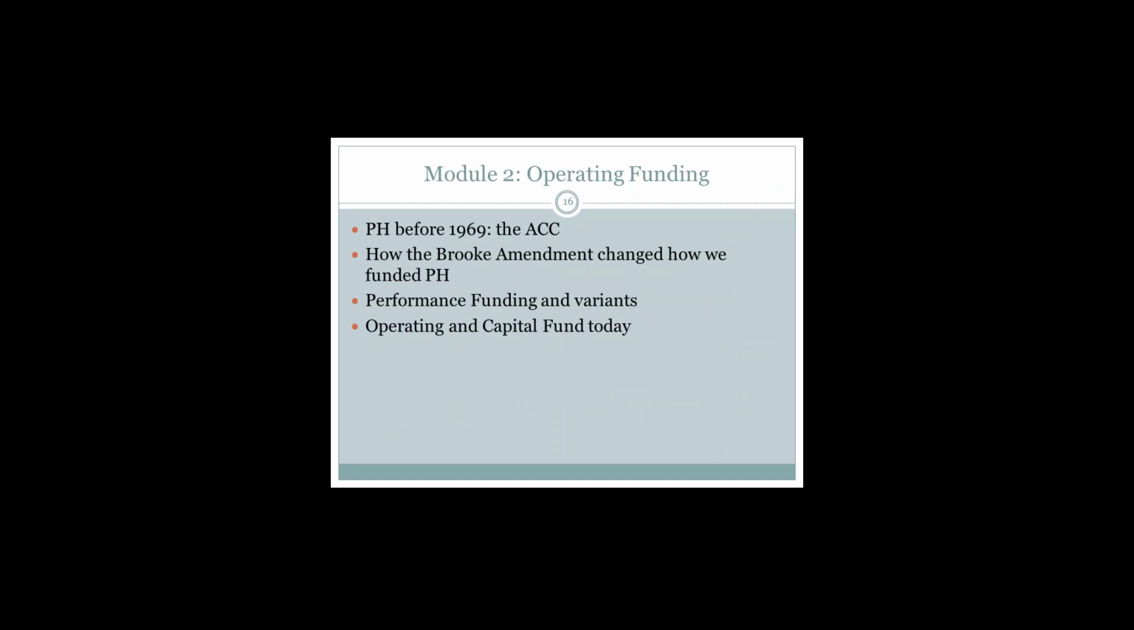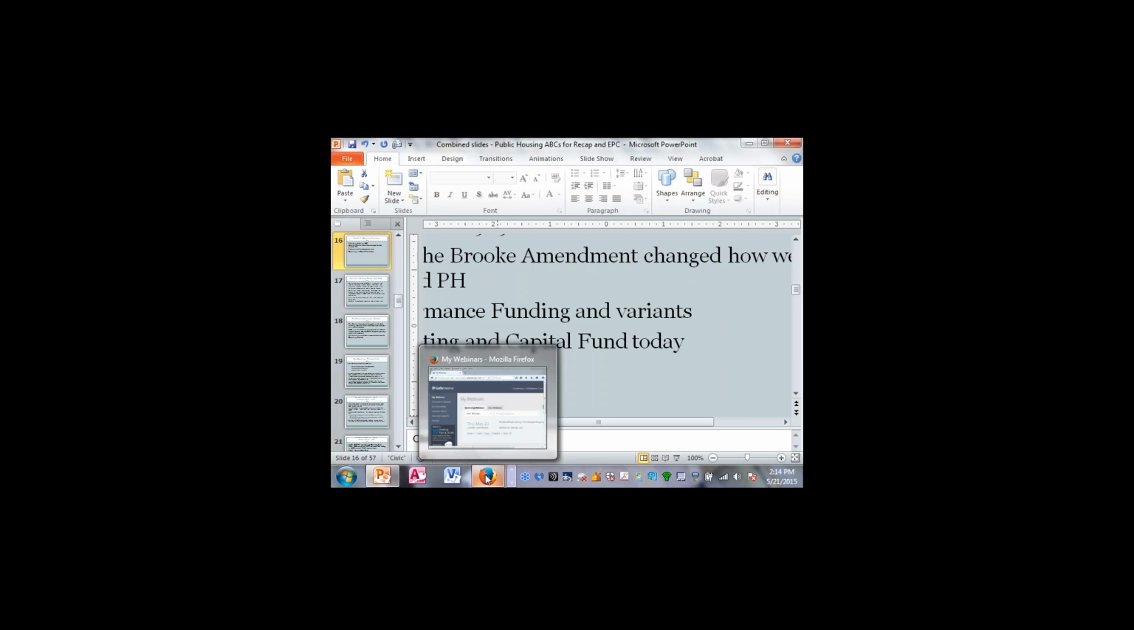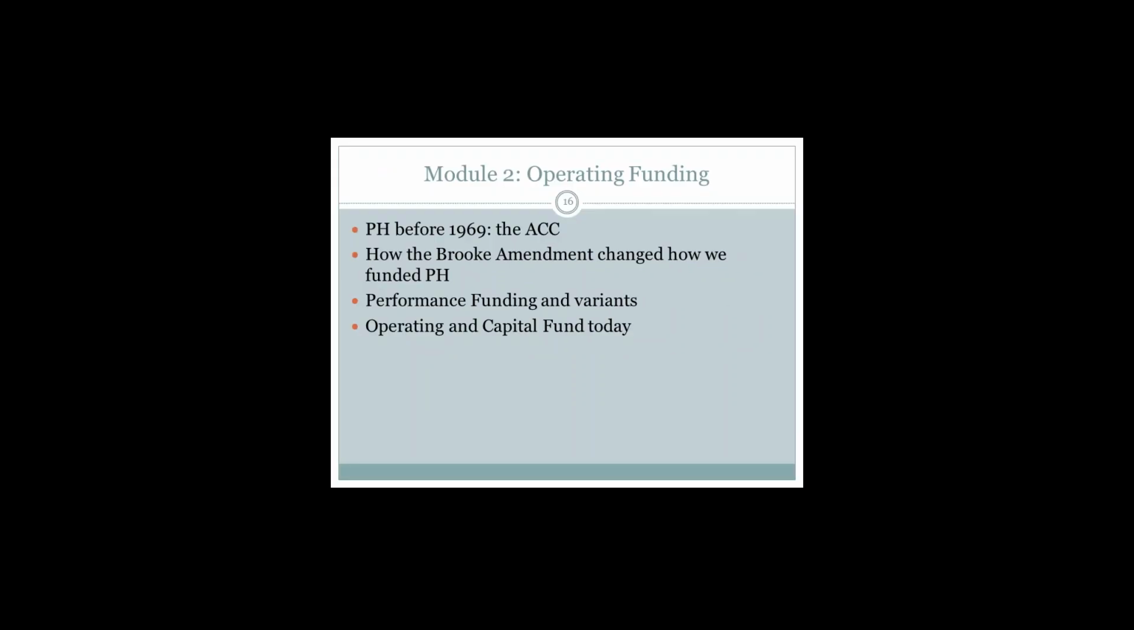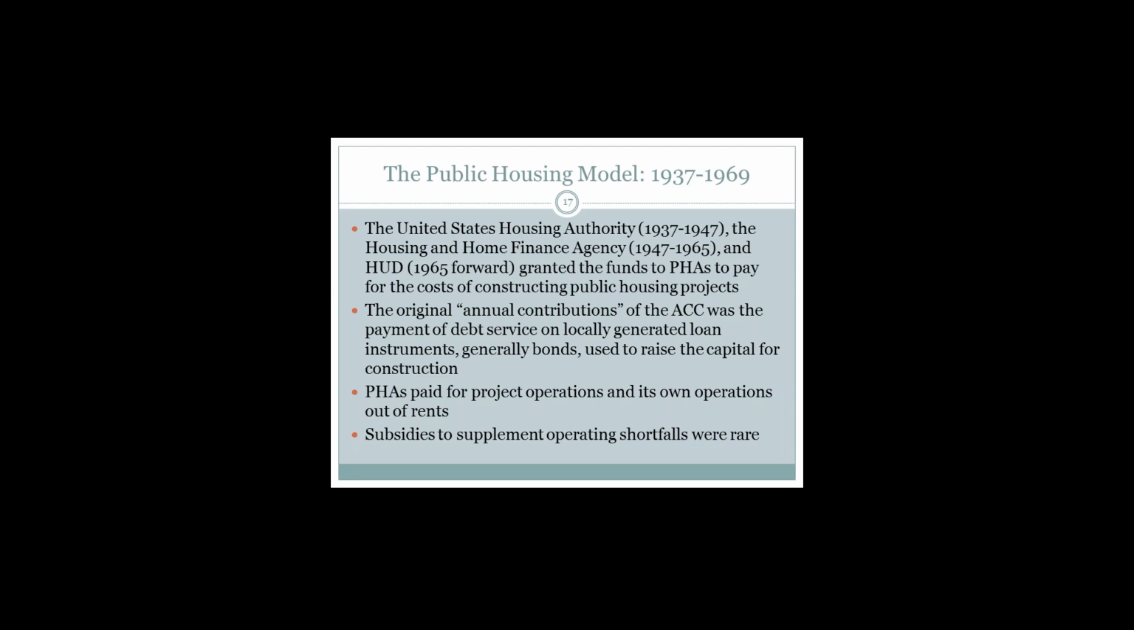Okay, the next high-level section is the operating funds. It's had some different cycles. There was a way that public housing was funded before 1969. And this really was how public housing was not built to house the poorest of the poor. It was really designed to house the middle class. Then the Brooke Amendment changed how public housing is funded, then the performance funding system, which basically for 30 years went untouched, and then what we have today, which was changed with QHWRA, which is the operating fund and the capital fund. So from 1937 to 1969,